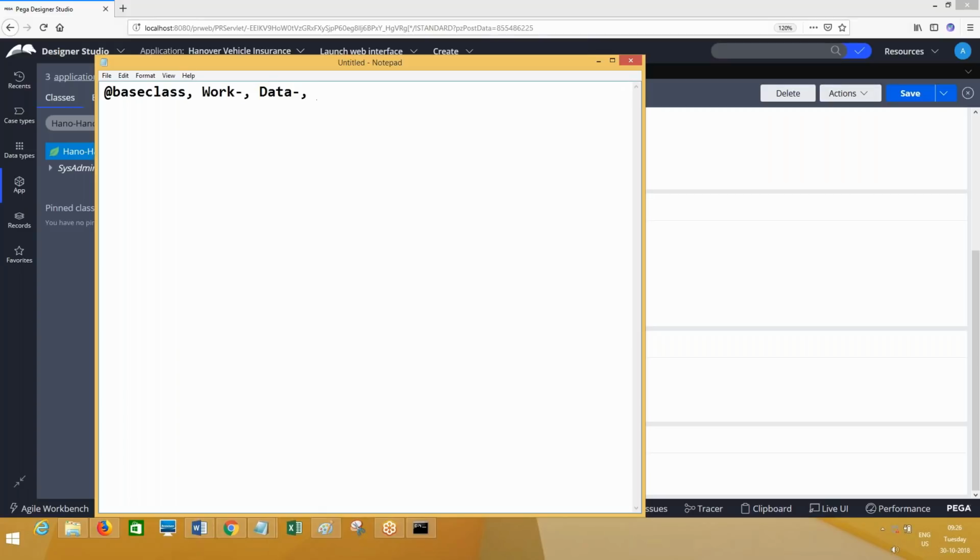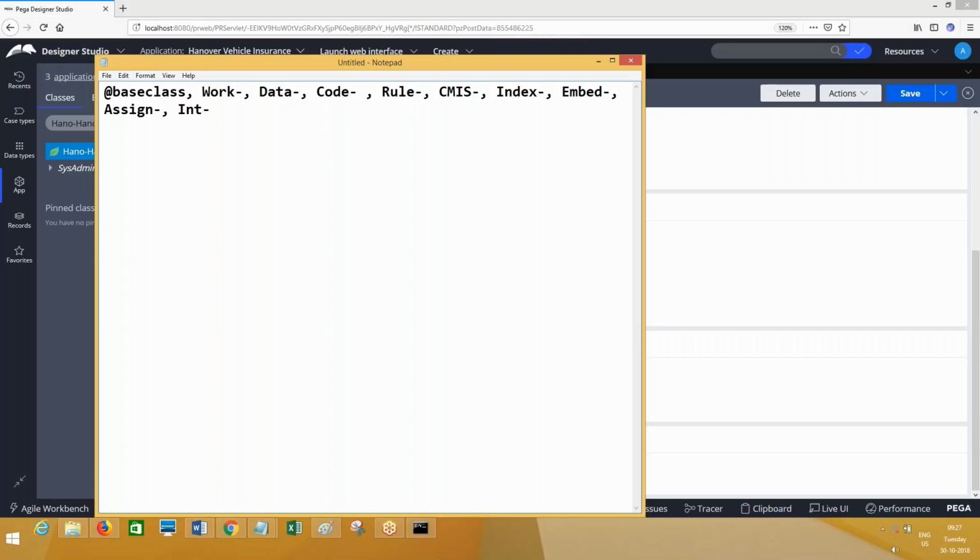And like this, Code dash, Rule dash, CMIS dash, Index dash, Assign dash, Int dash. Topmost 13 classes are there.